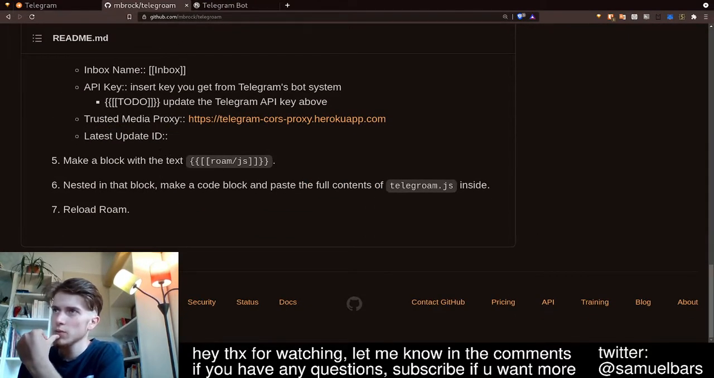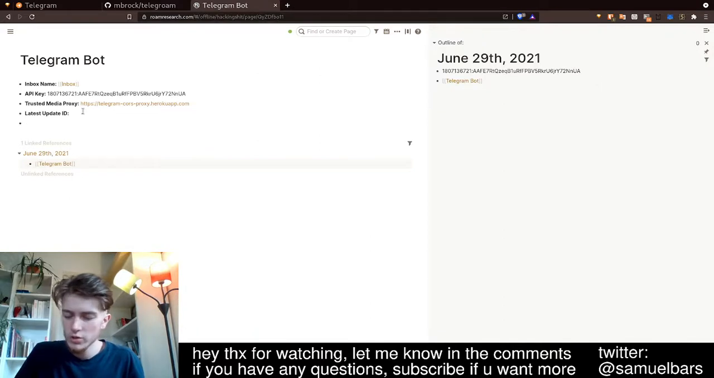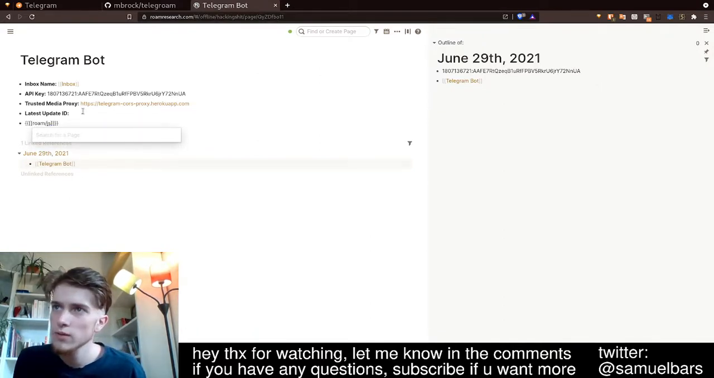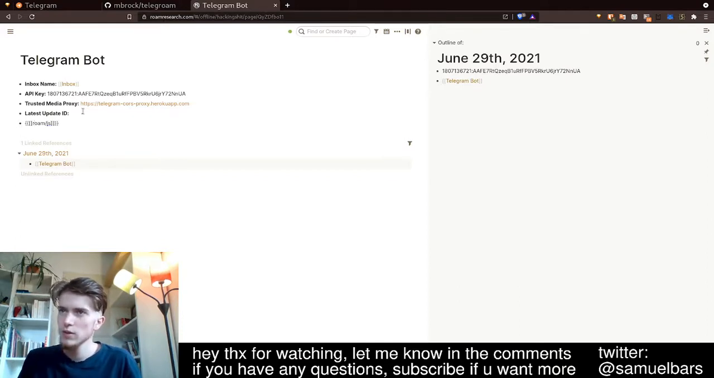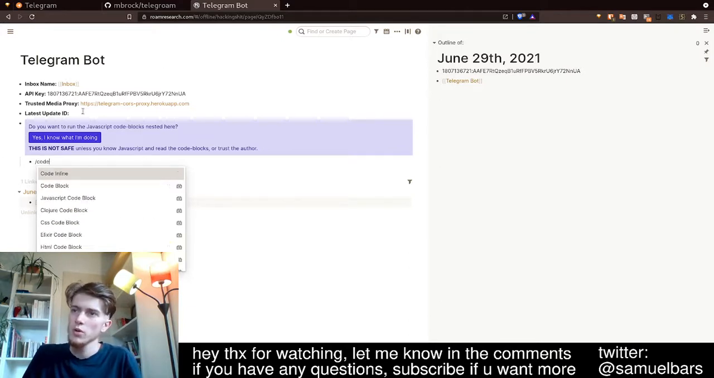Now we just have to create a new Roam.js block like this. Look at the syntax closely. Just two weird brackets like these, and then normal brackets, and then Roam/JS. This is just gonna activate a JS component. So now you need to create a JavaScript code block. So you can do /JavaScript,